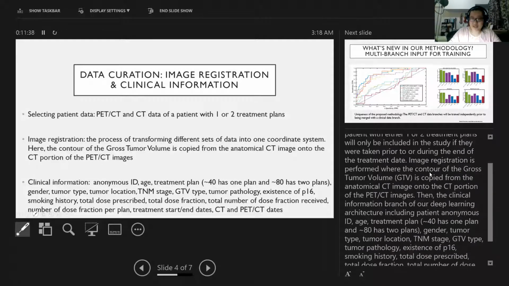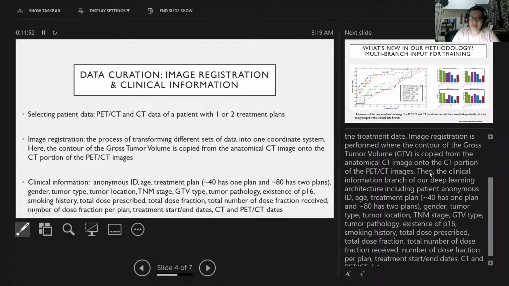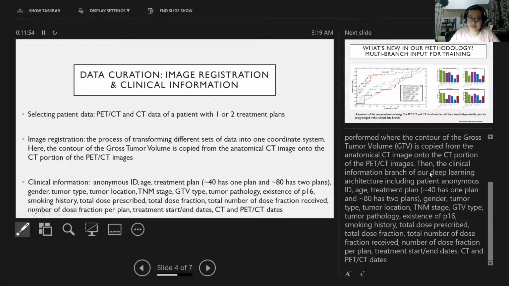So image registration is a process that is performed where the contour of the gross tumor volume, GTV, is copied from the anatomical CT images onto the CT portion of the PET CT images. Then the clinical information branch of our deep learning architecture, including patient